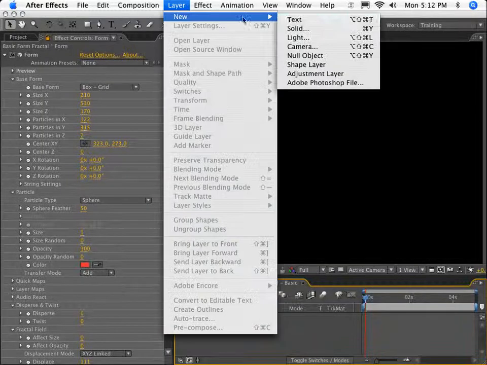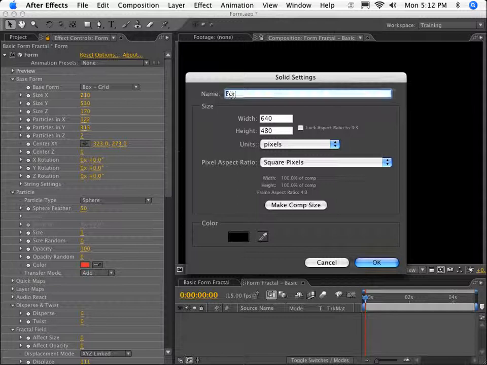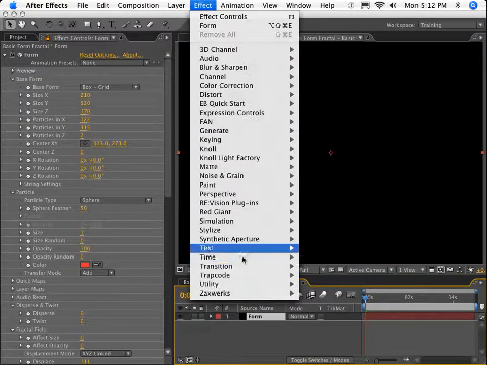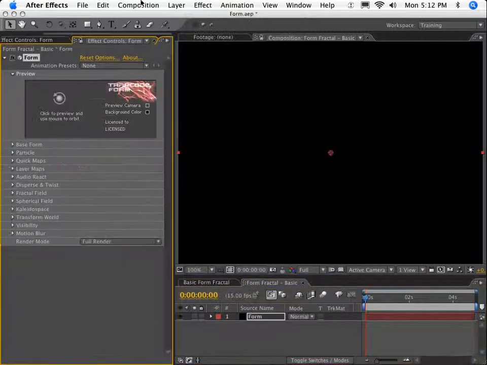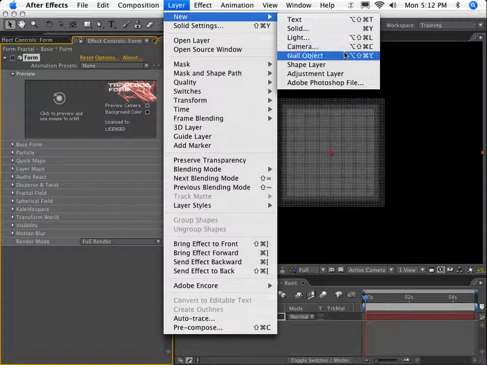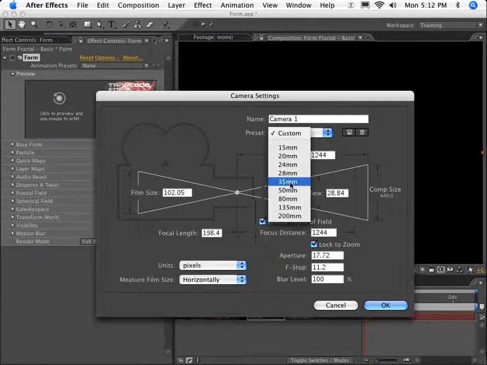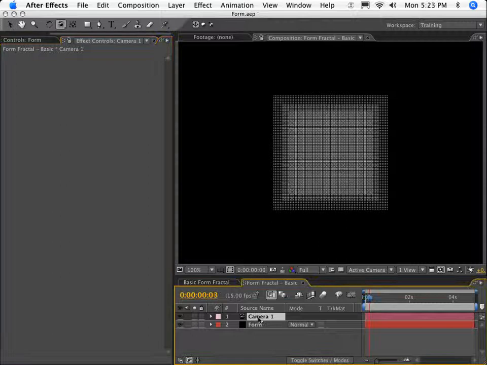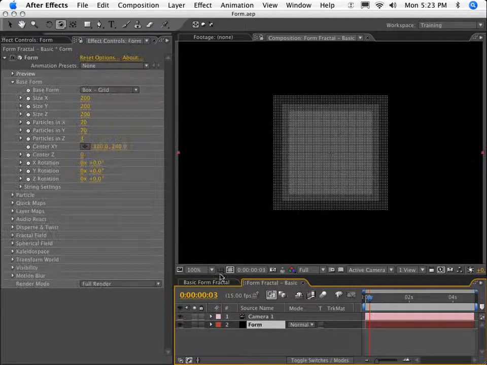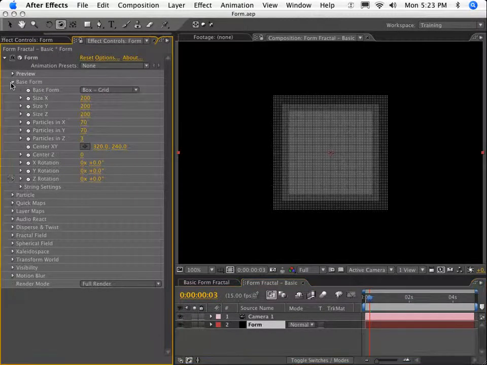So first, let's create a new solid. We'll call this form, and apply Trapcode Form to the solid. Let's also create a camera for our scene. I'm going to use a 35mm preset. Now if I select the form layer, we can see all of the settings that we've got available to us